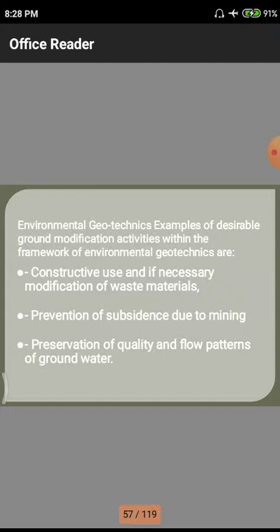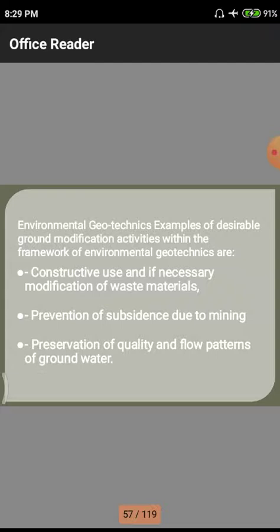Next one, prevention of subsidence due to mining. Mining here is not related to coal and other chemical materials. This is entirely related to sand. That means sand is mined from the river beds and others. Next, we are mining coarse aggregate from huge hills and others, so that due to those minings we are losing some physical features. After a few years, the physical features will disappear due to this excessive mining.